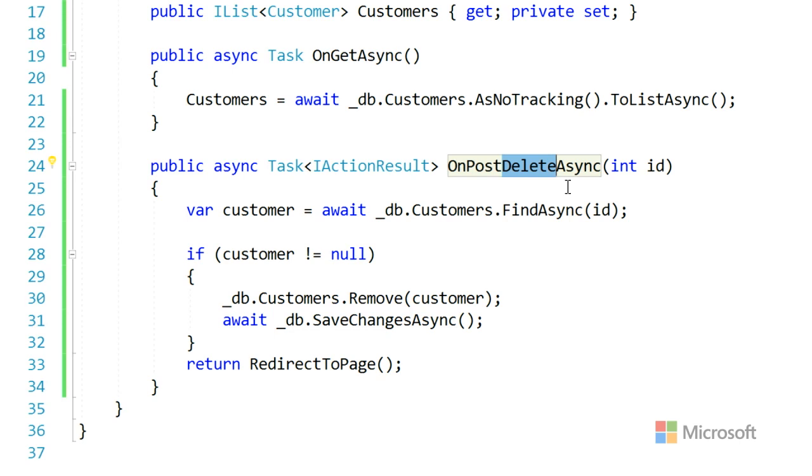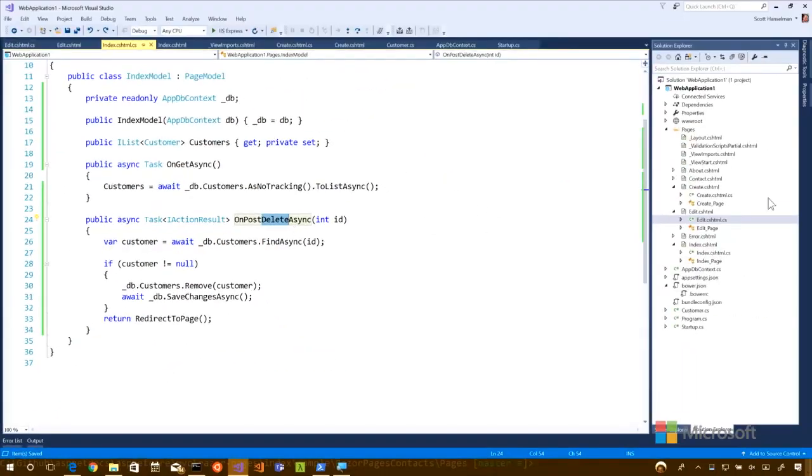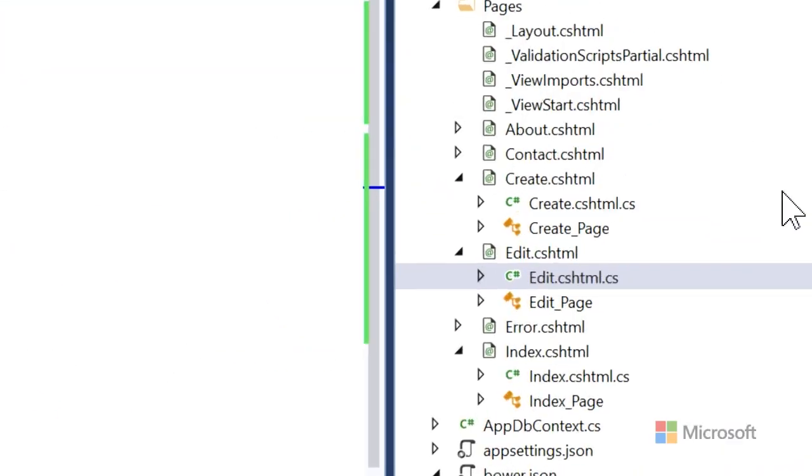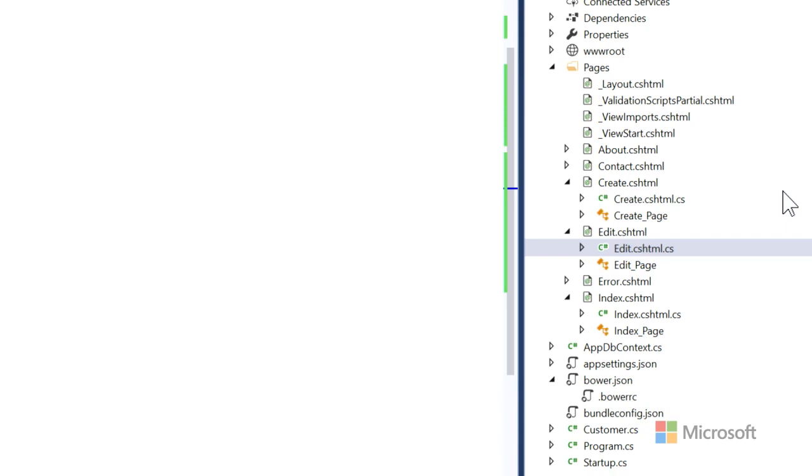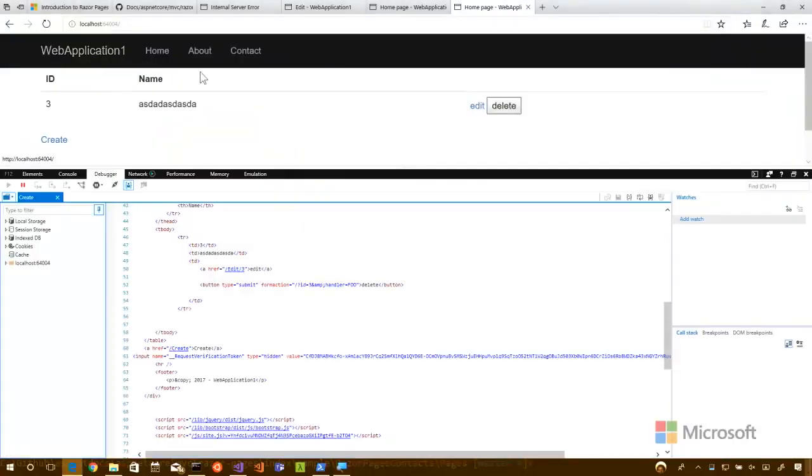We saw some tag helpers that will generate buttons and links for us. We saw layout pages. We saw validation, both summary and individual. And we looked at routing in a little bit more detail. Actually, one thing worth pointing out about routing as well, if